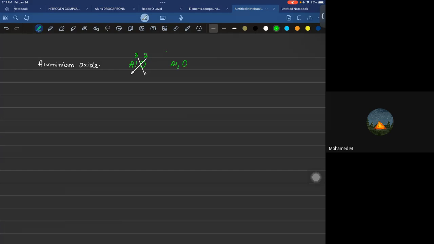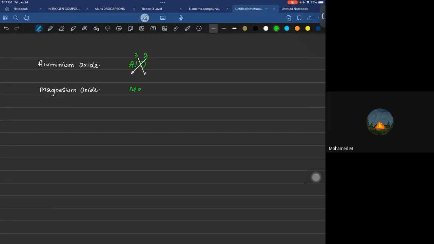So the formula is Al2O3. Am I right? Yes. In this way, by the use of valency, we can write down the formula of any compound. Let's suppose I'm asking what is the chemical formula for magnesium oxide. What do you think? So magnesium and oxygen. Magnesium is in group 2, oxygen is in group 6. So it will be